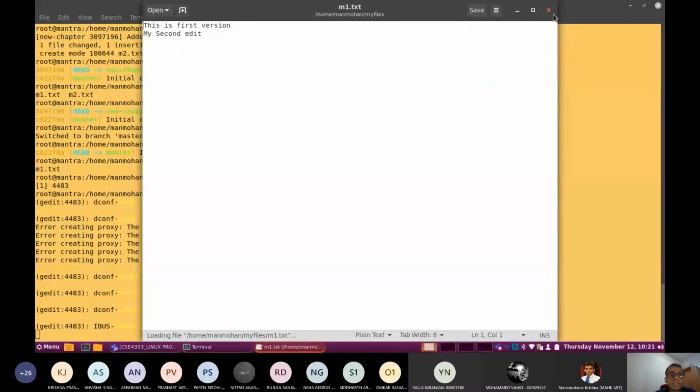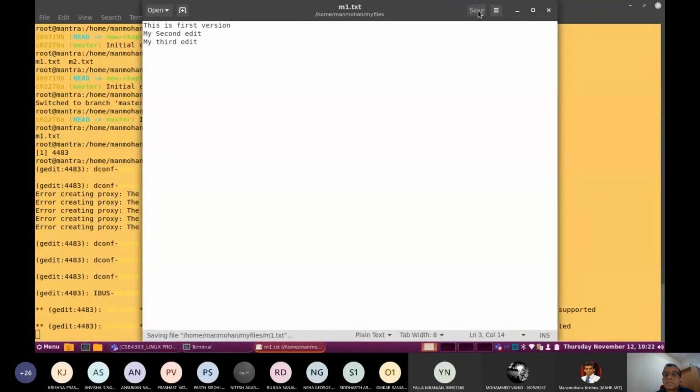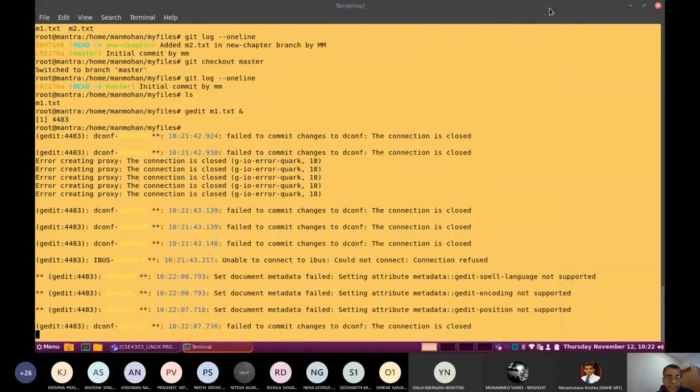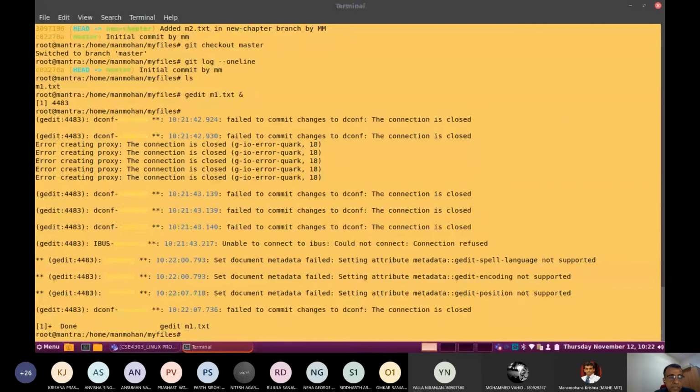This is the first version. Now let me create one more edit here. I want to change the content: my third edit. I save this file. I modified the content of m1.txt.